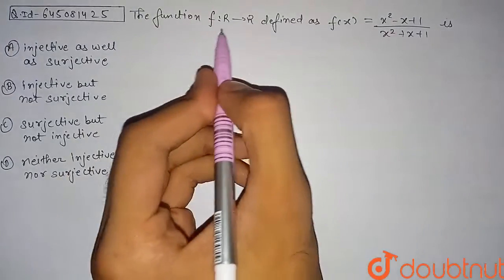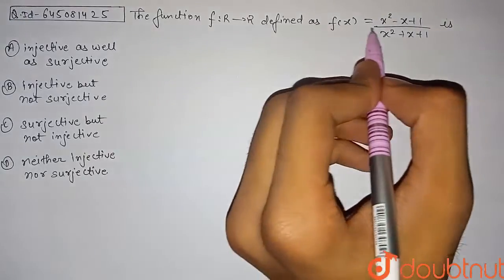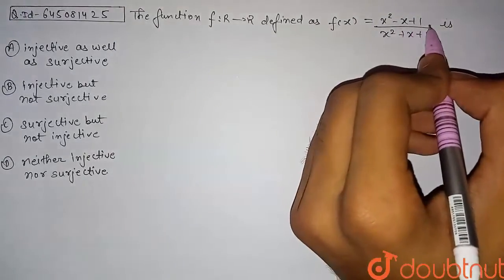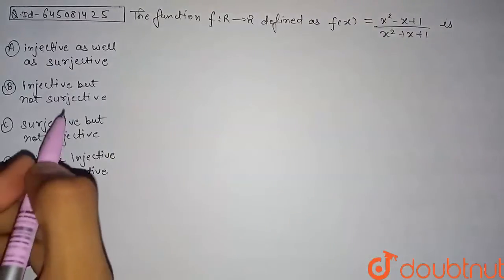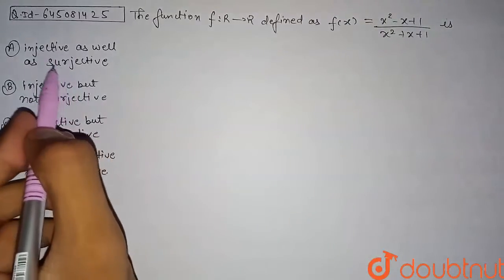Hello students, let's discuss the question. The function f: R to R defined as f(x) = (x² - x + 1)/(x² + x + 1) is, and four options are given, that is we have to check the injectivity and surjectivity